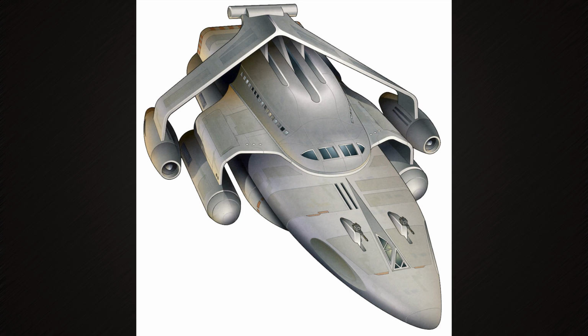Number 3. Sometimes it pays to be the wife of the Jedi Grand Master. Say hello to the Jade Shadow, personal craft of Mara Jade Skywalker, wife of Luke Skywalker. This is probably the most powerful yacht ever seen in Star Wars, and if it's not, it certainly has a run for the title. Featuring a hyperdrive personally tuned by Han Solo to be basically as fast as the Millennium